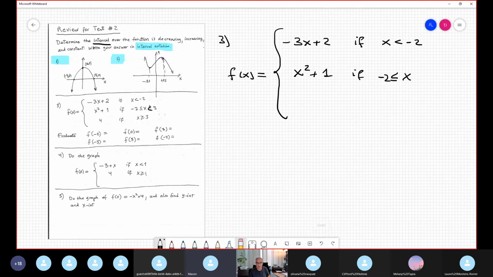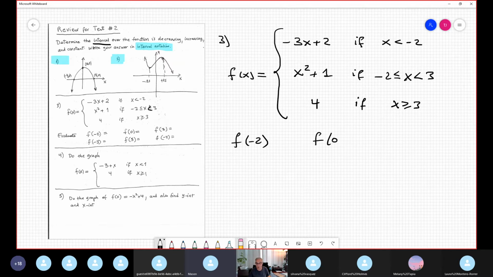All right, let me see. Negative 2 less than or equal to x less than 3. So I include negative 2, but don't include 3. And 4 is a constant function if x is greater than or equal to 3, include 3. And you need to evaluate negative 2, 0,